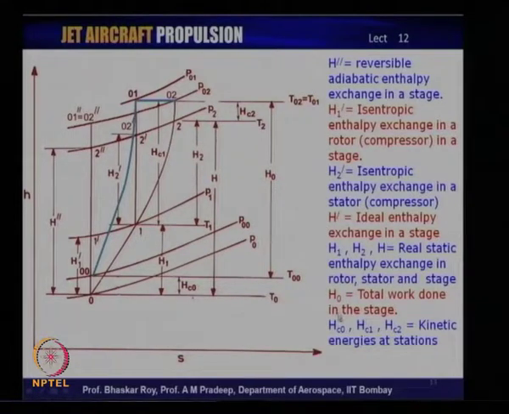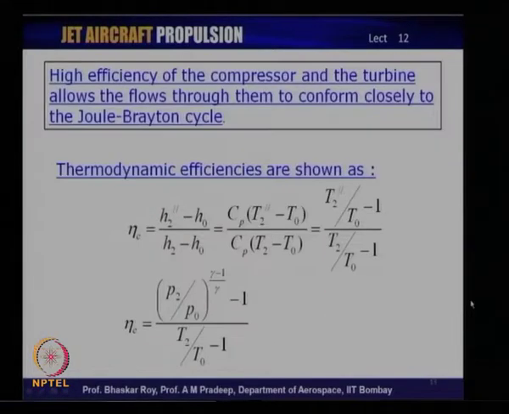The last three are the kinetic energies at the various stations shown as HC0, HC2 and HC1. So, these are the three kinetic energies that the flow carries through the compressor at stations 0, 1 and 2. Now, on the basis of this depiction of the work done through the compressor stage, the definition of the efficiencies can now be looked at again. This is something very similar to what you must have already done in your cycle analysis. Let us take a look at it and understand how we can make use of this in our thermodynamic analysis